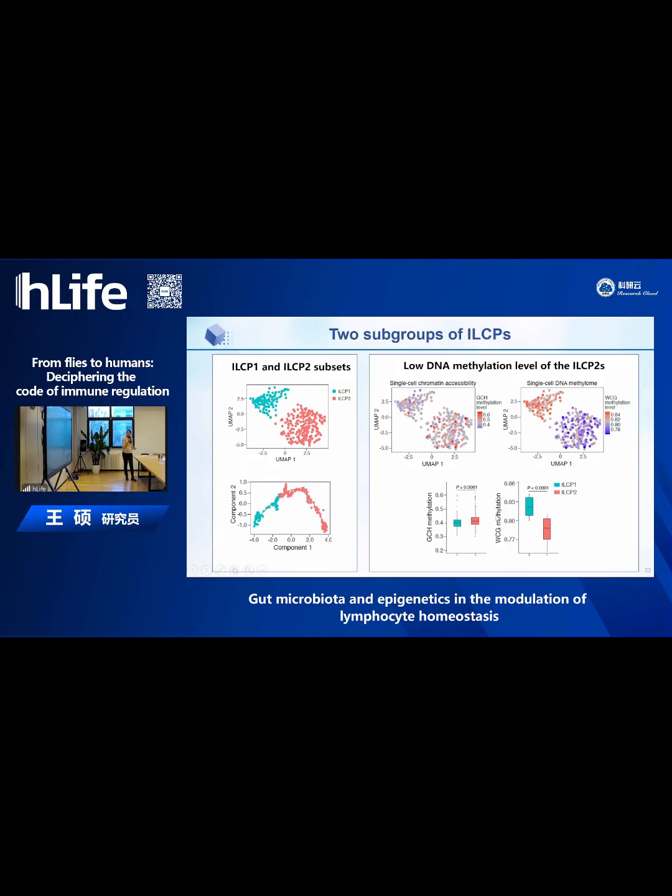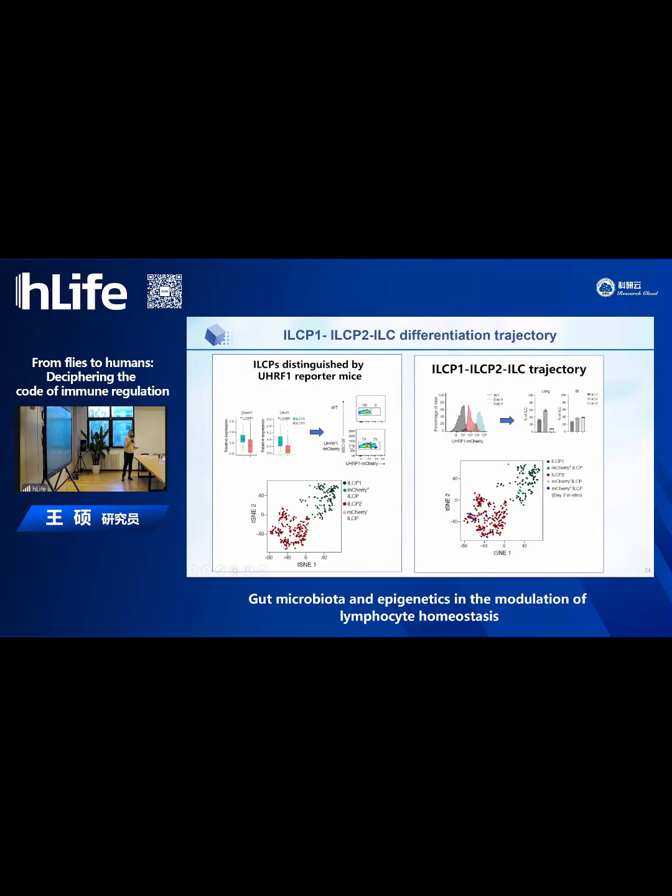For the development trajectory, we found that ILCP1 differentiates into ILCP2. Then we used reporter mice to analyze these two subsets of ILCP, and we found that